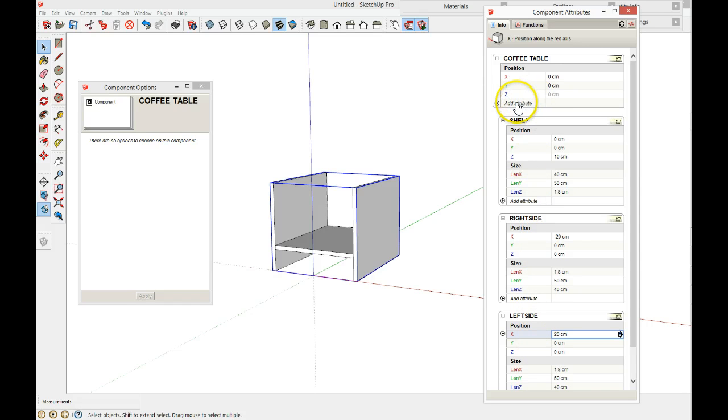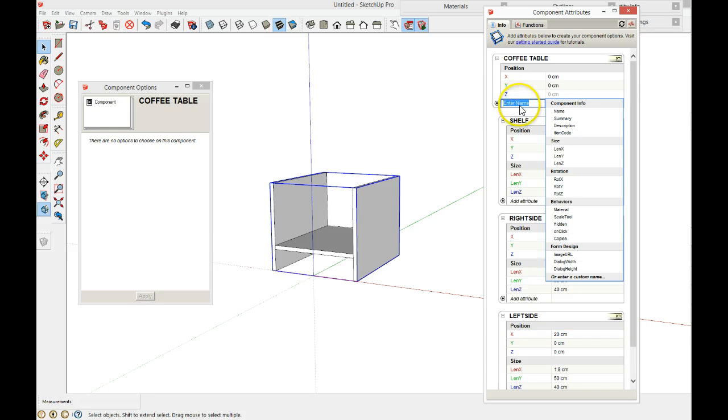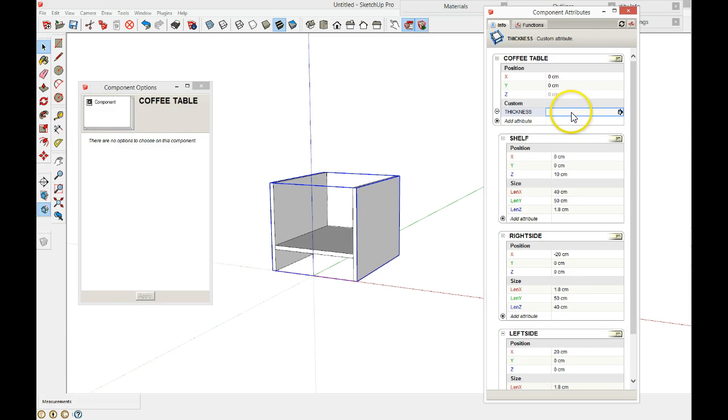So I'll just do one. Let's add an attribute, which is, I click on that and I give it a name. I'll just say thickness. Thickness. Okay, press enter, and I'm going to say that thickness